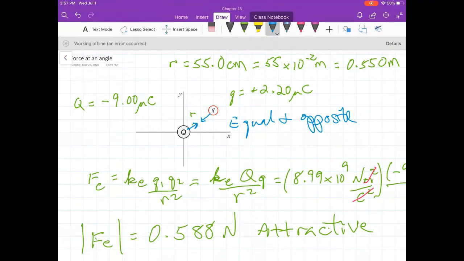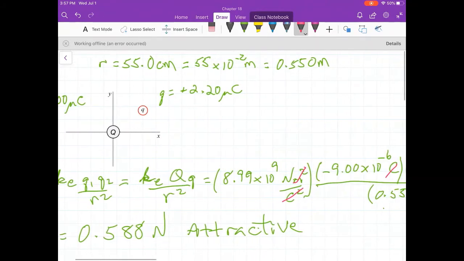But one goes to the upper right, one goes to the lower left. So they're equal in magnitude, opposite in direction. All right. So there are two forces, but we don't need to solve for every detail of the two forces because they're going to be equal and opposite. Let's state what it is we want. We want to know the force